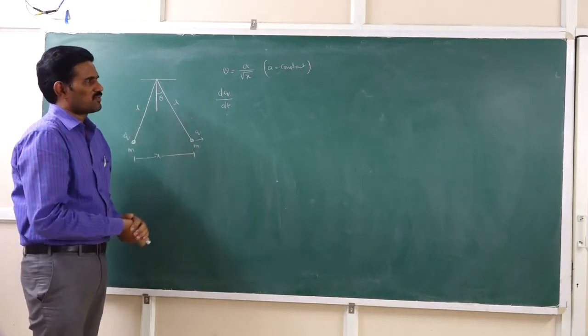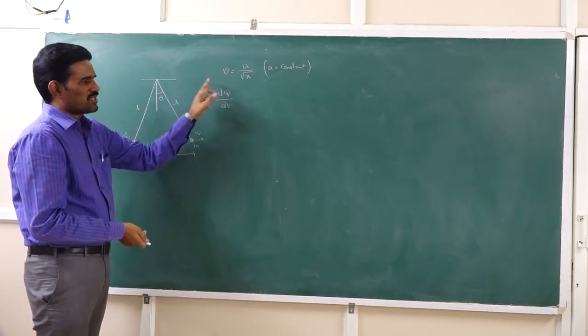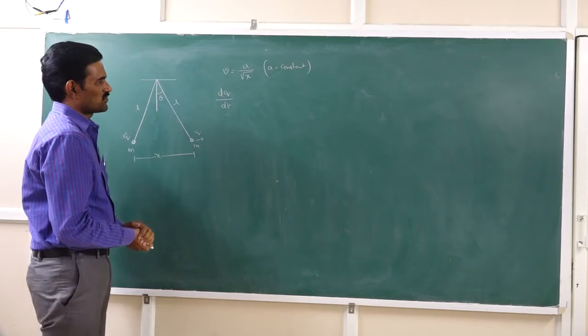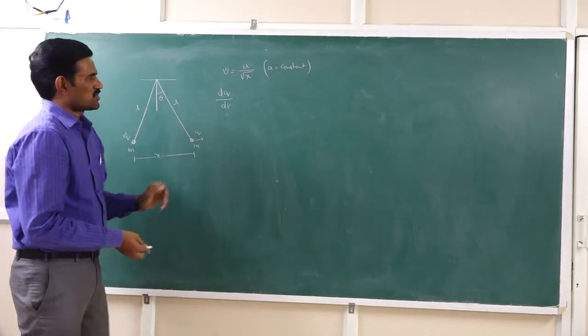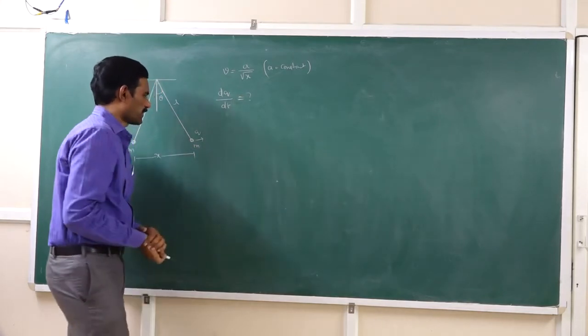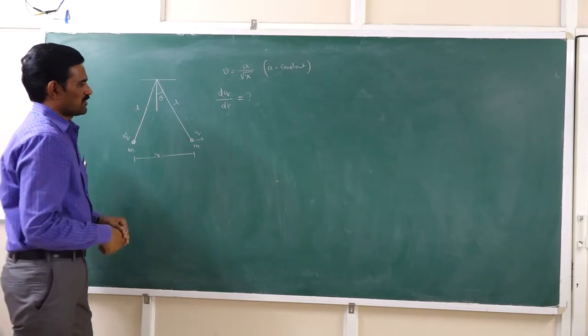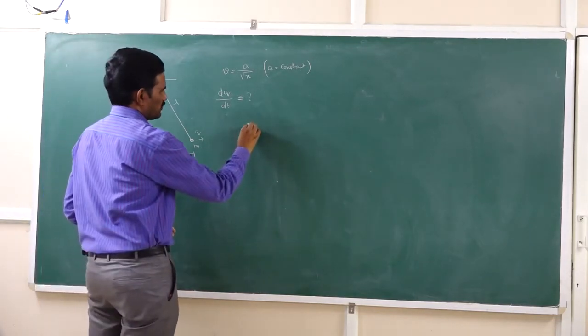We are assuming that they are moving slowly, and we need to calculate the rate of leakage of the charge from each bob. That is our question here. We need to find the rate of leakage of the charge, dq by dt. For that, let us write the expression here. I am writing tan theta is equal to,